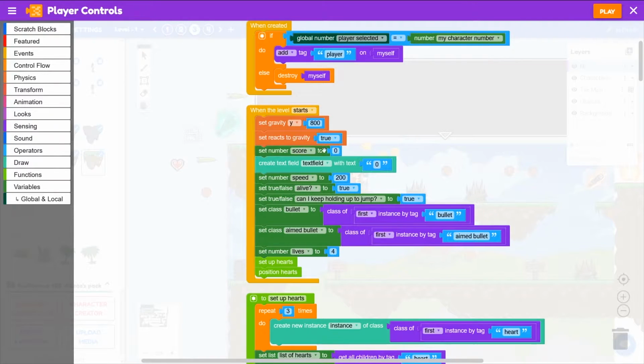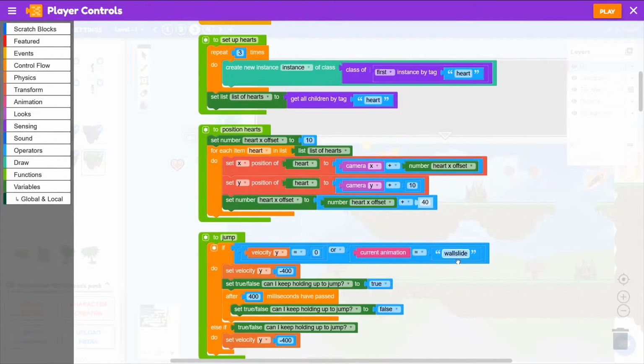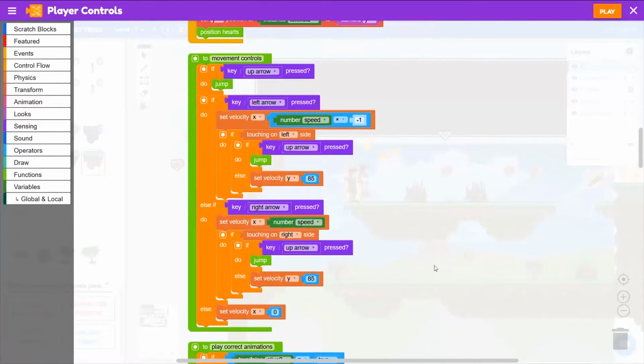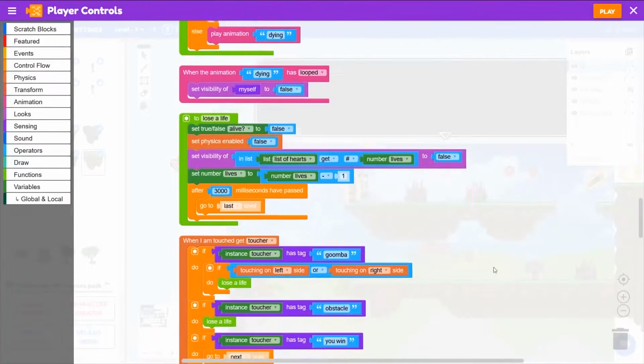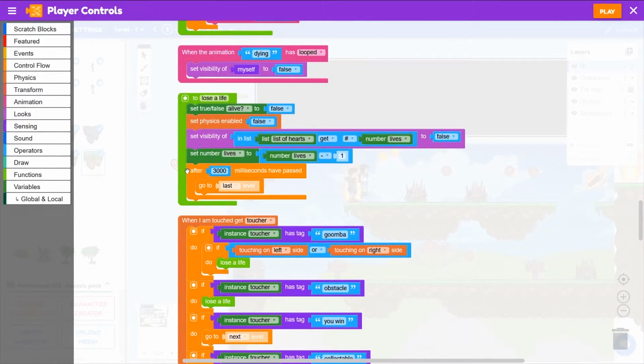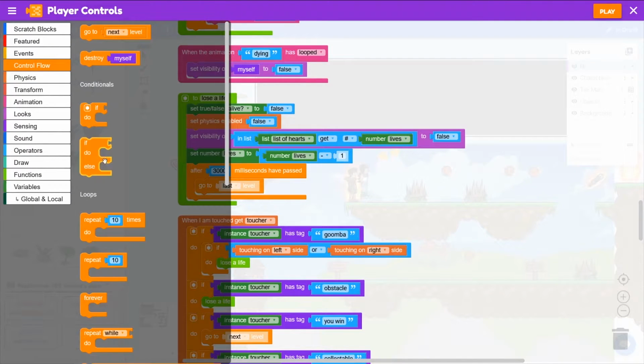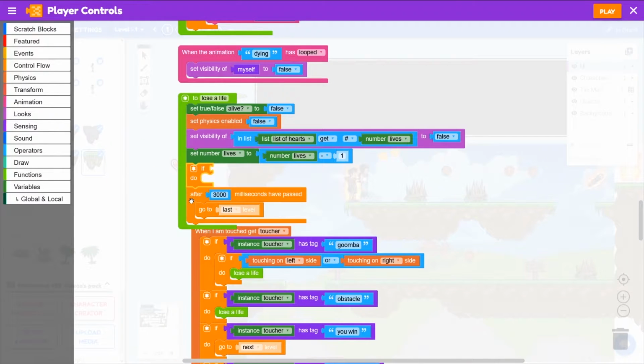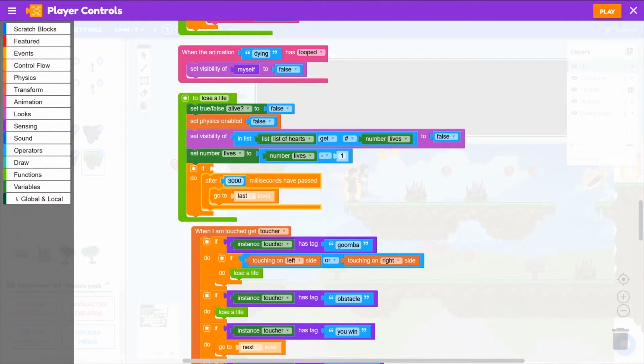Now let's get rid of that whole game over thing. If we go back to our lose a life function, instead of saying after 3 seconds when we lose a life, go to the last level, which is our game over screen. Instead of just doing that when we lose a life, we should do it only if we have no lives left. So we need an if block from control flow, and we'll put this after 3 seconds go